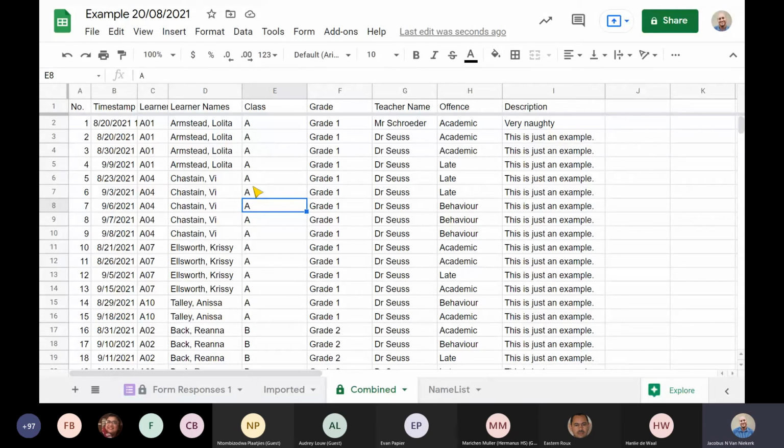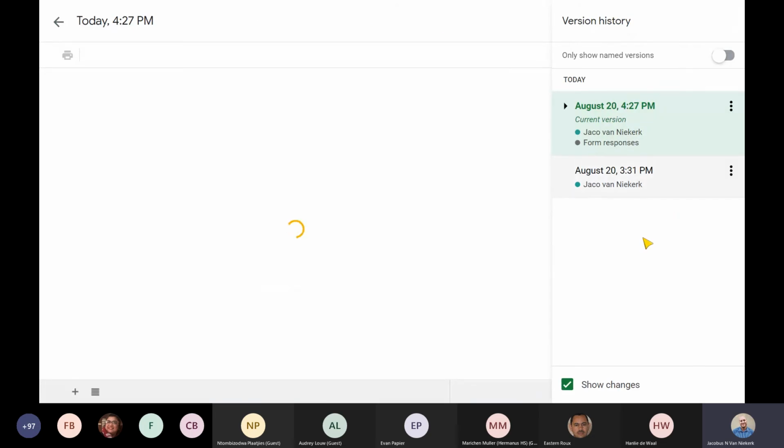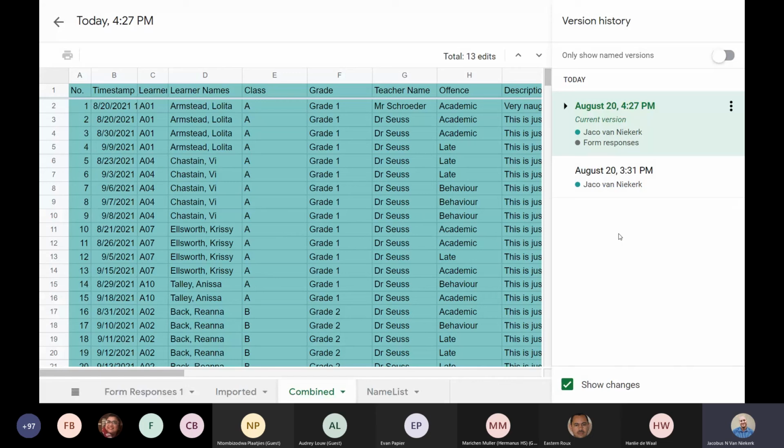Right, the question on can someone delete the sheet by accident? If they've got the correct editing rights, then yes, they can delete the sheet by accident. However, one of the great things about Google Sheets, and I promise you this has happened to me on more than one occasion, is the version history. I can go to the version history, and it will show me who did what on my sheet. And if they delete a tab or a sheet, or whatever the case might be, you can go and restore it. It's easy to restore anything that has been deleted.